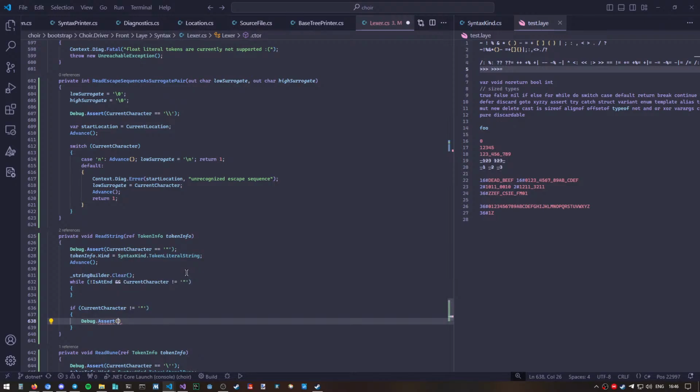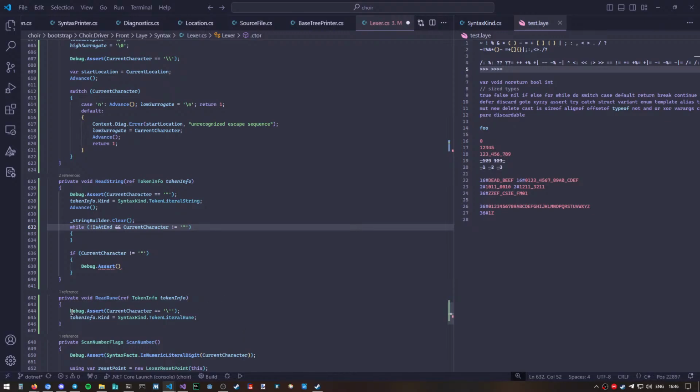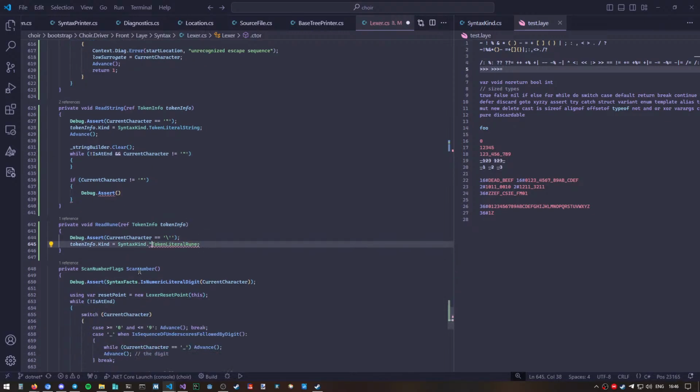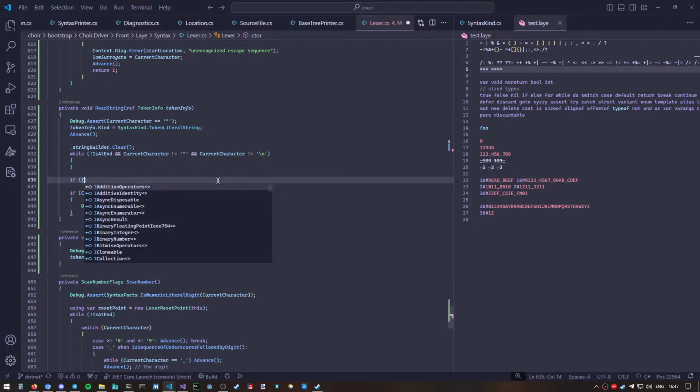You know, I could make it so that it stops at the end of line as well. A lot of times when you have an unfinished string, if I put a string here, it will continue off here in some languages. Like I think C might accidentally do that. But I think, let's say, if not is at end and current character is not this, and current character is not equal to a new line, because we can just not allow new lines in our strings. So then, if is at end,